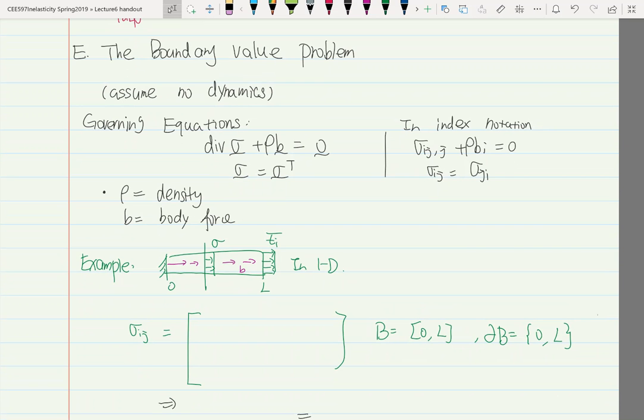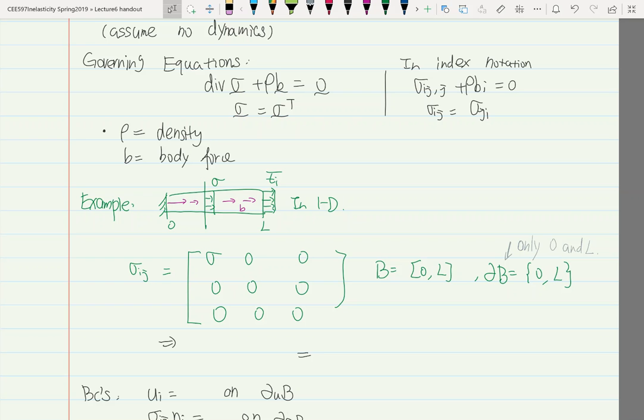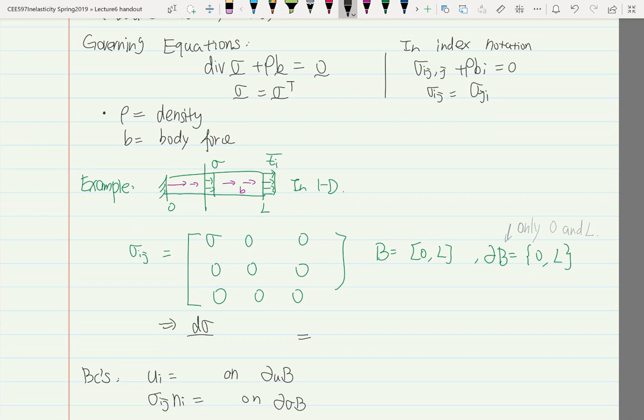If you put that into 1D, then in this 1D problem, sigma ij would just have a sigma in the x direction, sigma 11, and all the other components would be 0, right? The body that you're interested in would just be this particular bar from 0 to L. The boundary for that is just the two points, 0 and L, so this means that it's only 0 and L, okay? And then this B is all the things inside of this bar. Okay, and then since it's 1D, it's just going to be d sigma over dx plus rho b equals